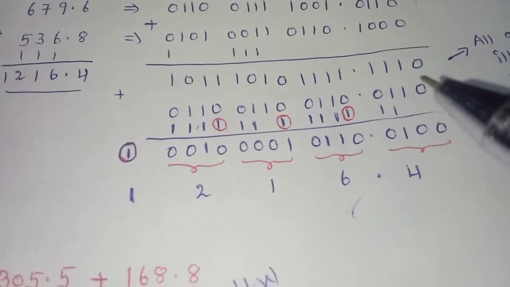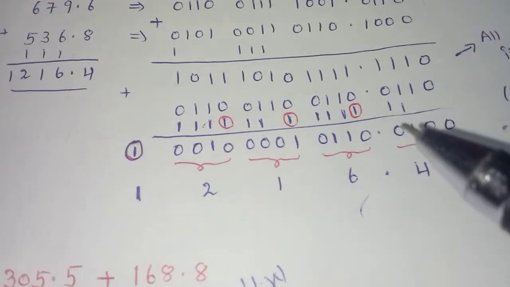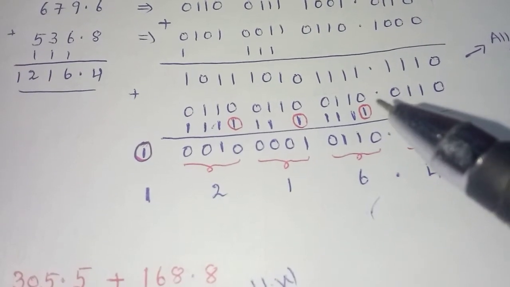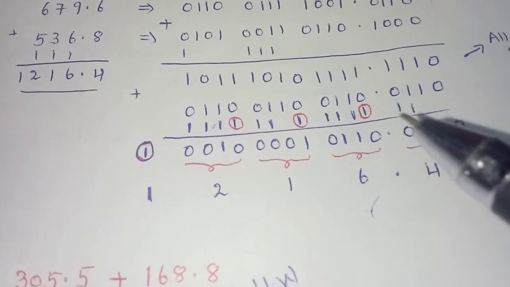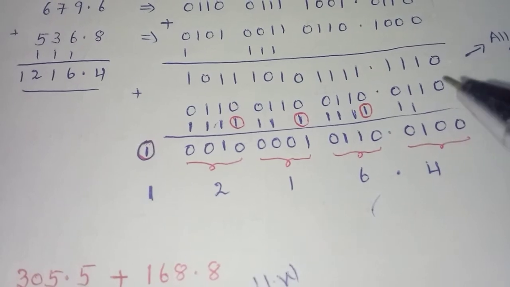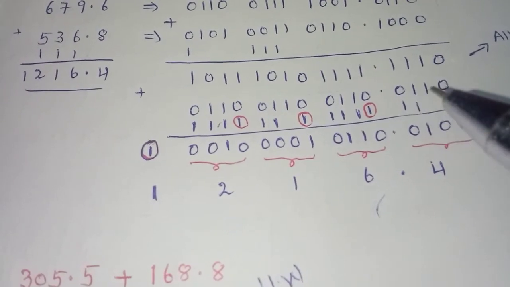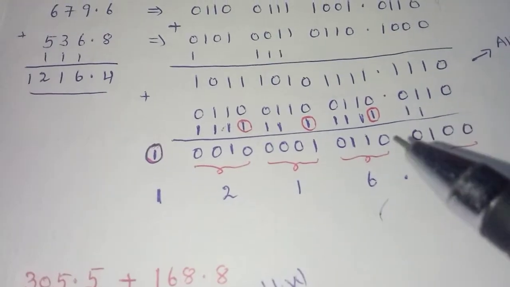Now after adding here 0, then sum 0 carry 1, sum 1 carry 1, sum 0 carry 1. Even though a carry is generated here, you should not add 6 once again. Why? Because this group already had 6 added. Once 6 is added, you need not perform it once again. Is it clear?